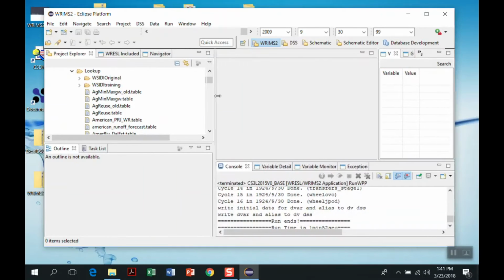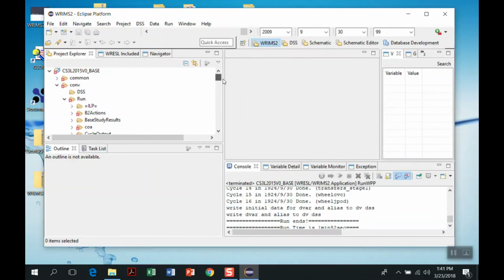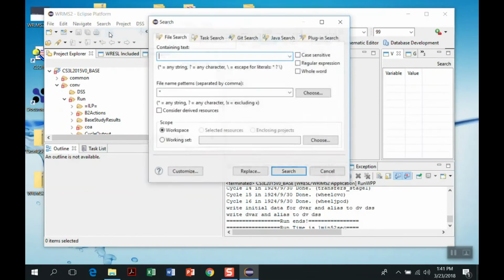Then you should go find the file. There are so many files. So another way to do it is to search. We can search for what we are looking for. What we are looking for is really this file we call